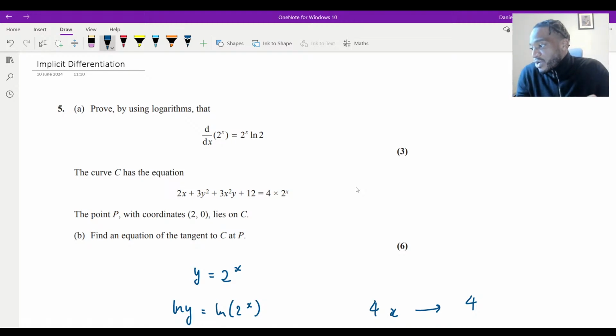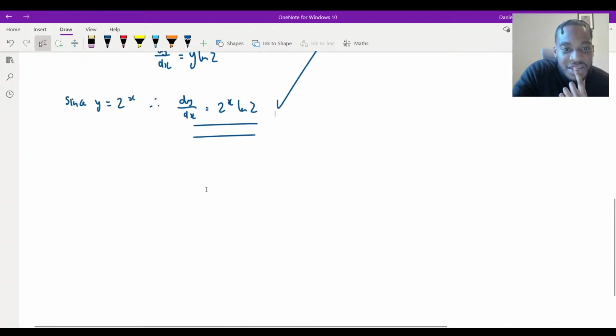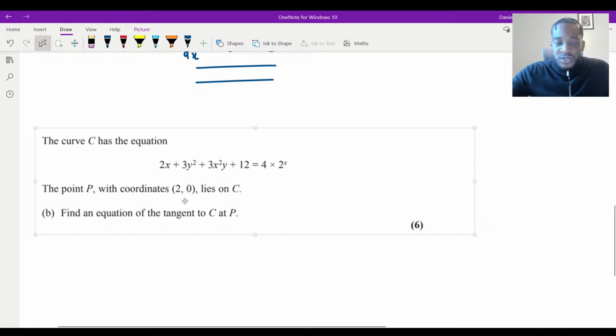Yeah? So you guys are funny. Anyways, let's do this one. I think I'll finish this one. I'll give you a chance to ask the questions and then finish that one.